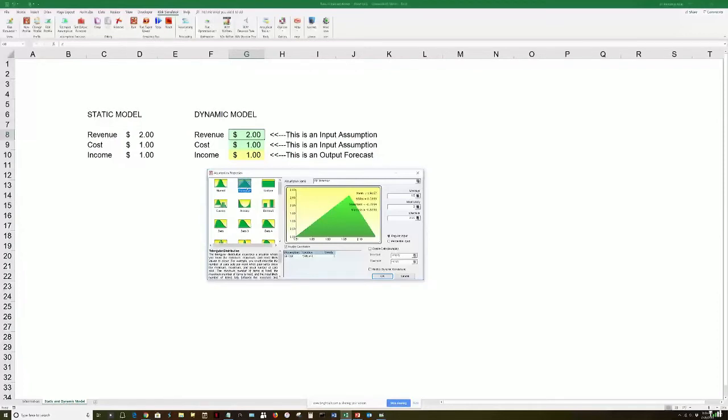A triangle is like a triangle. Okay, you've got a minimum, most likely, a max. So worst case scenario, most likely what you think you're going to get, maximum, the absolute highest you're going to get. So you can get these through subject matter experts from experience, gut feel. You have historical data. You have contemporaneous data, which means market, available data. You can look in the market. You can use historical data.